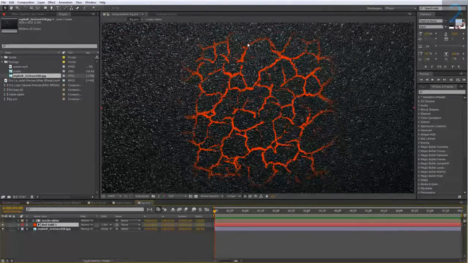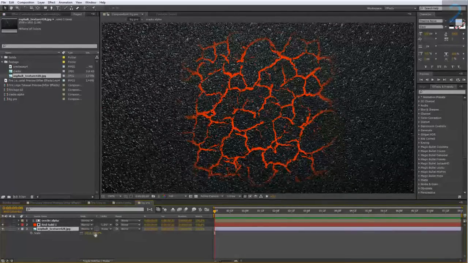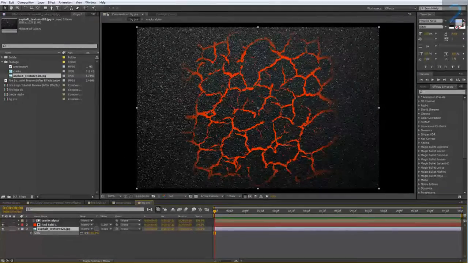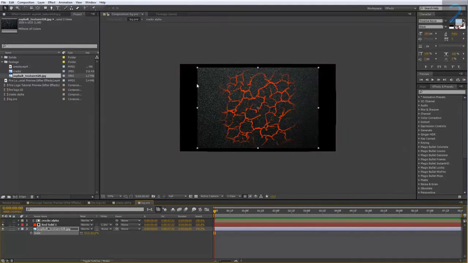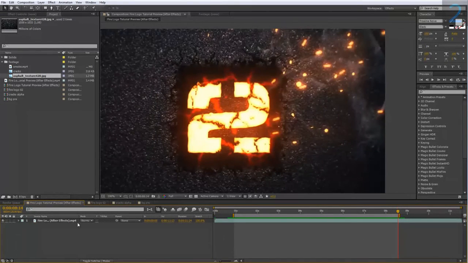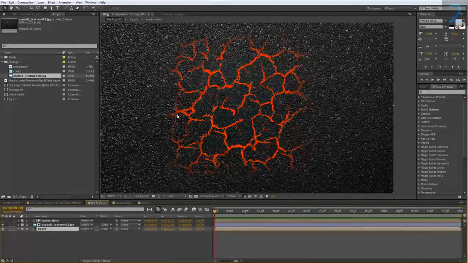Okay, so this is what it should look like. I'm going to scale down our asphalt. It doesn't matter if it starts to recede from the edges here, as long as it's still within the middle. And you can see that in the main comp here, the cracks with the glow line up perfectly with the cracks we created on the main image, and that's because we've used the same